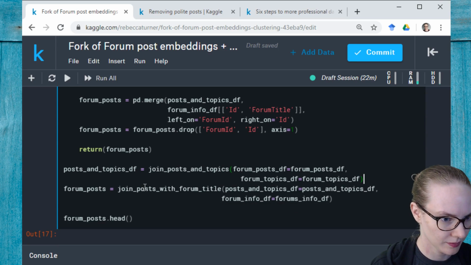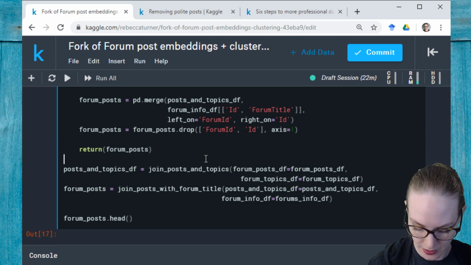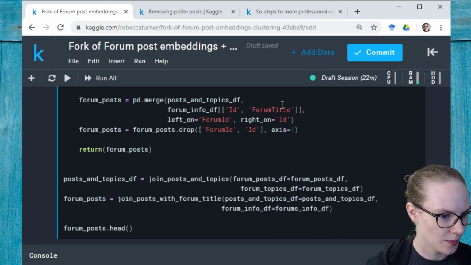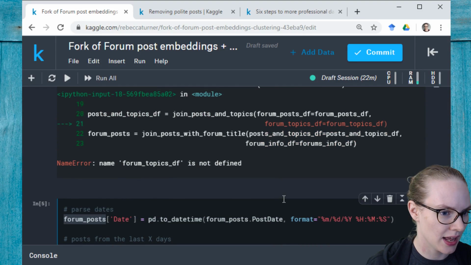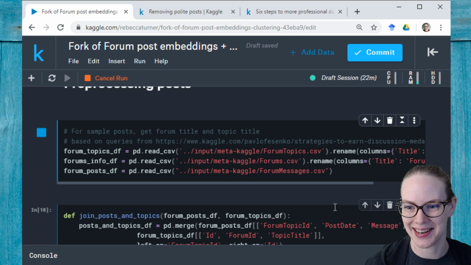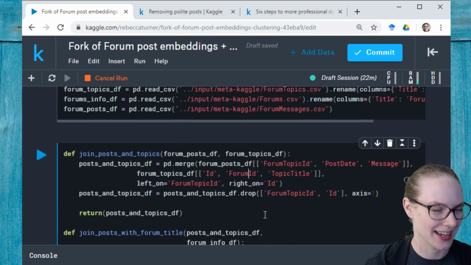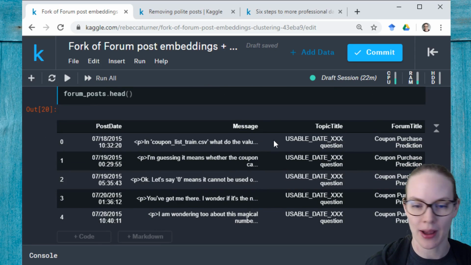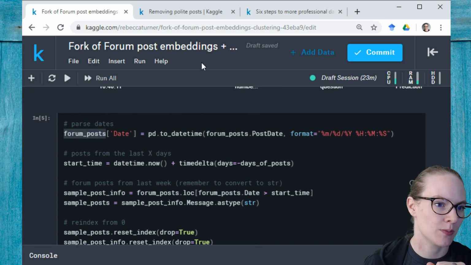Nope. All right, so we should have a cell, form topics df not defined. Yes, again, you do have to run the cell where you change the name and read everything in. Yeah. Excellent. Okay, so we've got this working pretty good. And I think what I want to do at this point is I want to change the name of this into